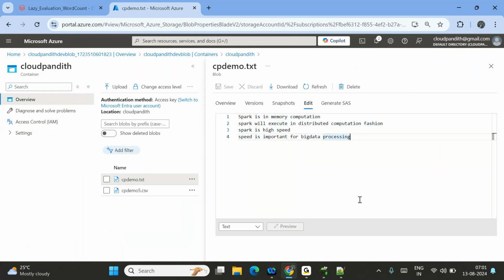Spark is in memory computation. Spark will execute in distributed computation fashion. Spark is high speed. Spark is important for big data processing, something like that. I have written all these things. Okay, now